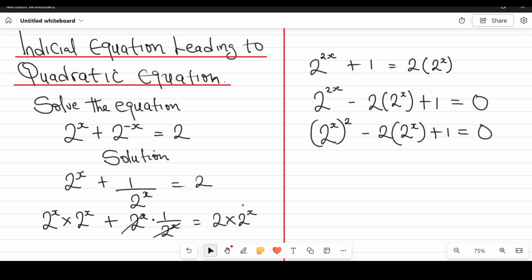Now to simplify an equation like this, we have to make some substitution. Let p be equal to 2 to the power of x. If that is taken down, we can write this as p squared minus 2p plus 1 equal to 0. Now we have a quadratic equation. So from factorization,